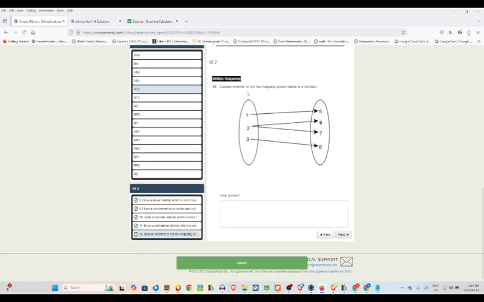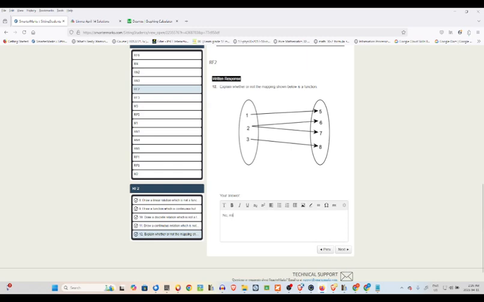Now, is this mapping a function? The arrow goes from the left to the right. That makes the left the domain, and the right is the range. So no, not a function,